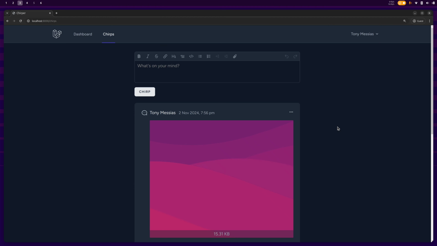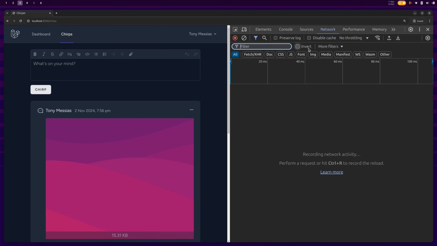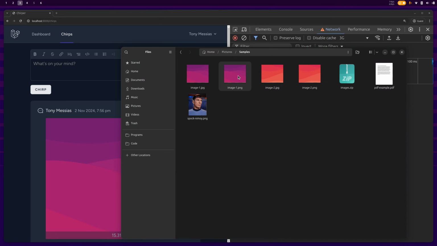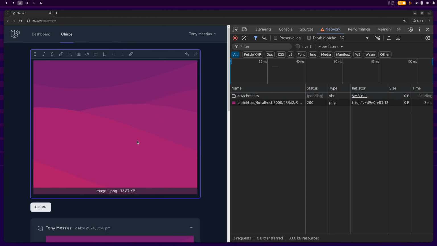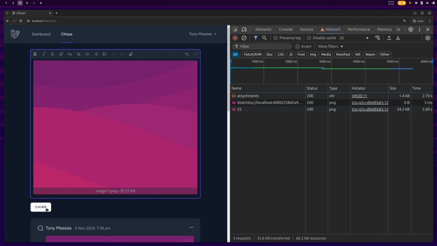All right, so before we work on the user mentions feature, there's one little optimization that I'd like to do over here. If we open up the DevTools and go to Network and enable throttling over here, and I upload a file, you see that while the file is being uploaded over here, the user can actually hit the submit